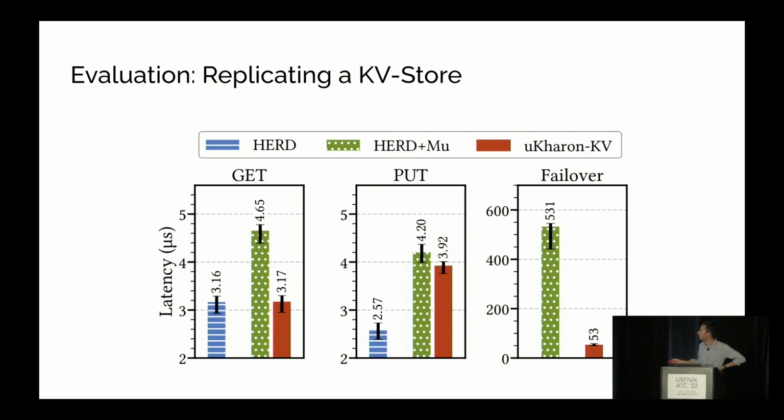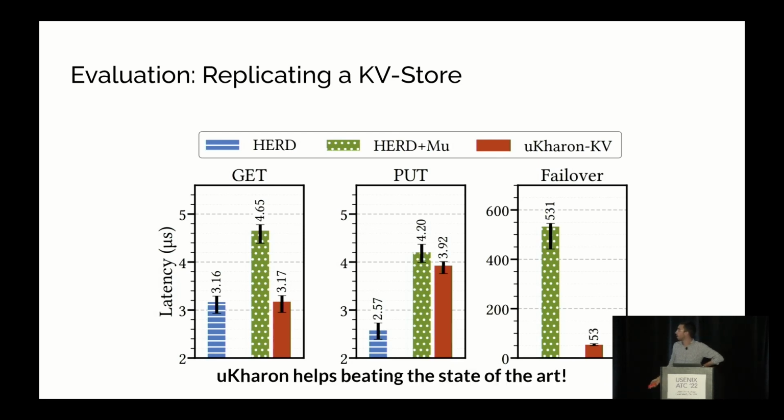And finally, for the failover here, we have a huge, huge difference between when replicated with Mu and when replicated using Microsecond. The reason why is that for Mu to be that fast, it uses RDMA permissions. And setting permissions using RDMA is a control path operation. And control path operations, they don't work at the microsecond scale. Whereas in the case of Microsecond, well, as we have seen previously, we can fail over in 50 micros, and that's what we get. And so by using Microsecond, you can be the state of the art.